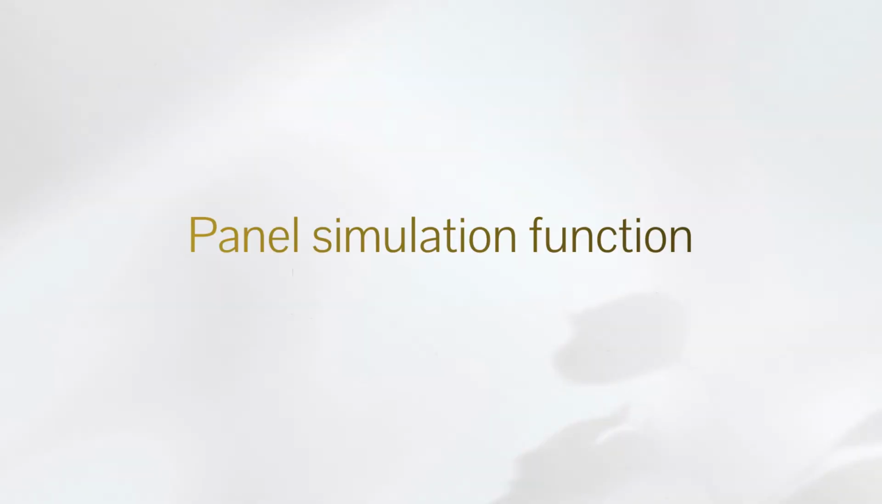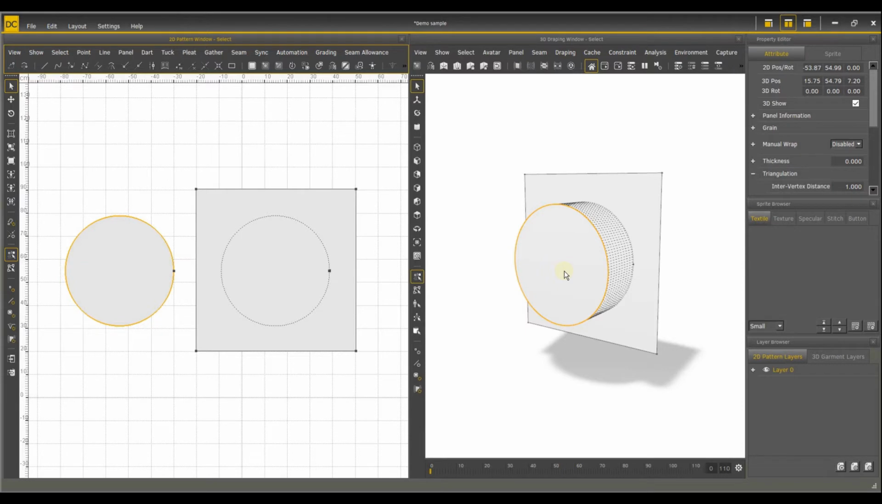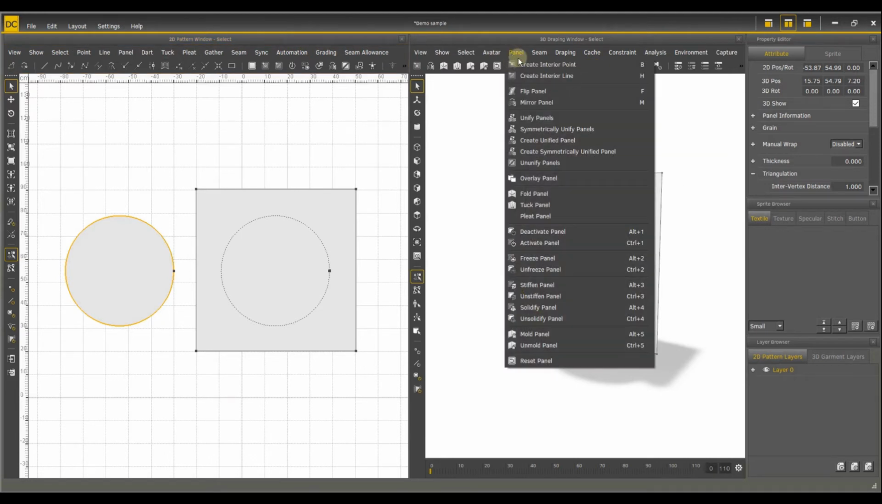In this session, I will introduce each of the panel simulation modes and its use cases. You can find all the panel modes in the panel menu at the top of the 3D window. At the bottom of the menu, you can see 6 different panel simulation modes. Most of them have an on and off status, including the following modes: